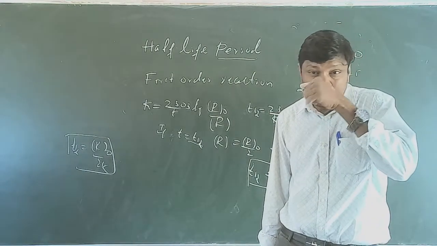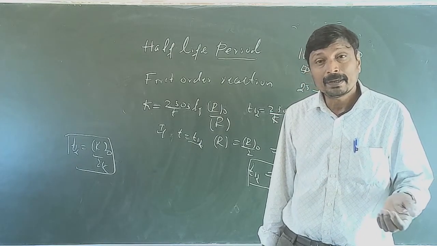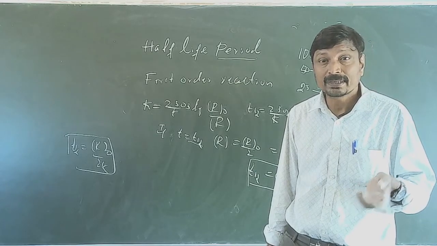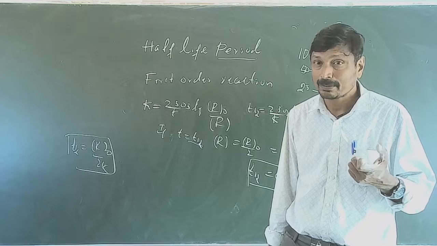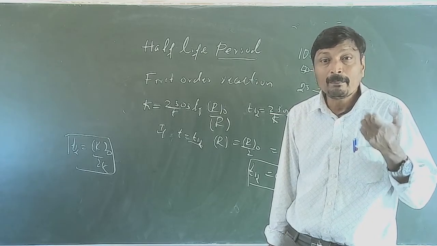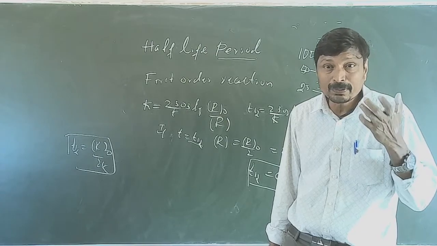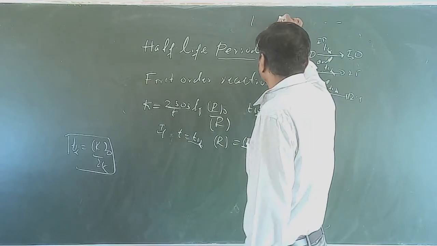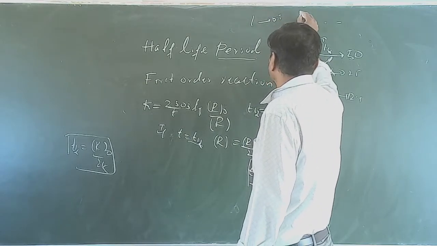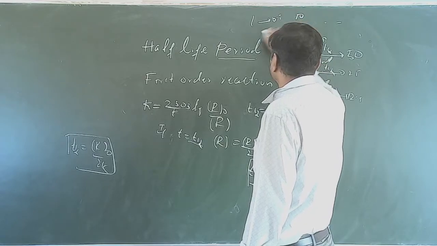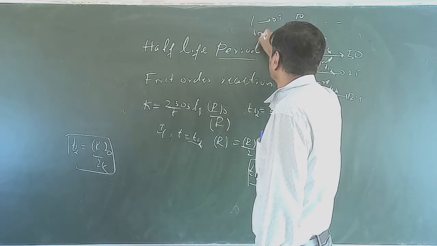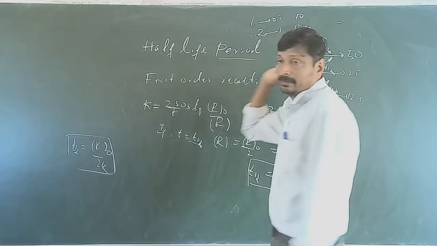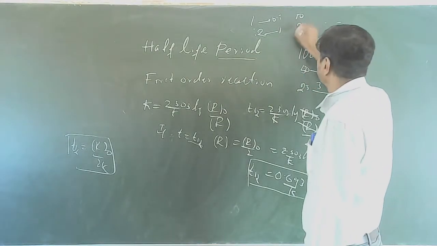Many a time a 1 mark question is asked. The half-life period is independent of concentration, and what is the order of the reaction? Many students make the mistake. They write zero order. No, it's first order. For zero order reaction, half-life period is directly proportional to initial concentration. If you have 1 mole, and the half-life period for 1 mole to become 0.5 is 10 minutes for a zero order reaction, then 2 to 1 would take 20 minutes. If 2 to 1 takes 10 minutes, it is a first order reaction. If it takes 20 minutes, it is a zero order reaction.